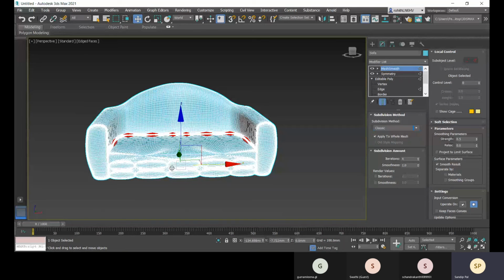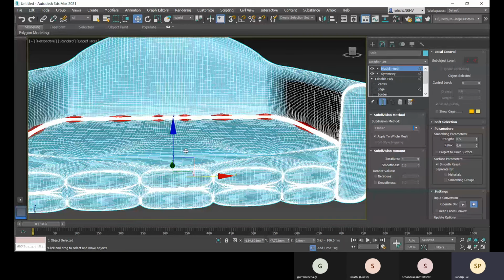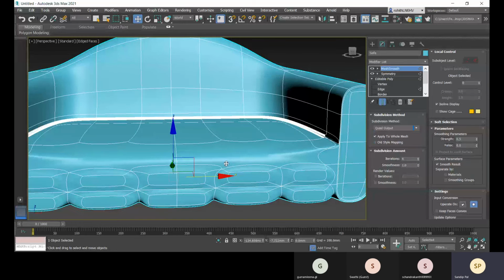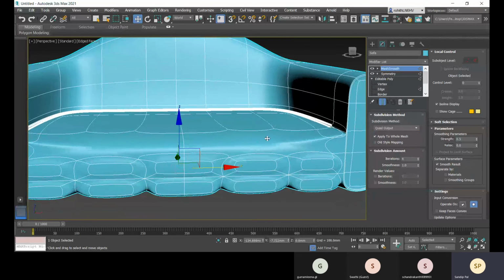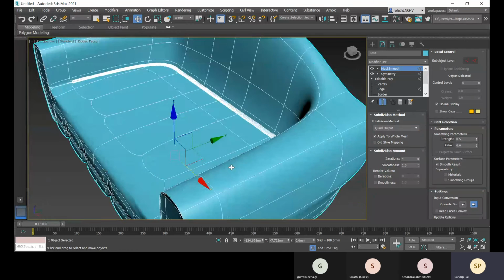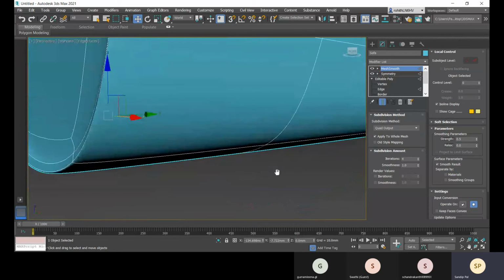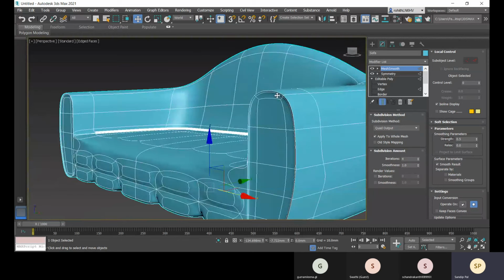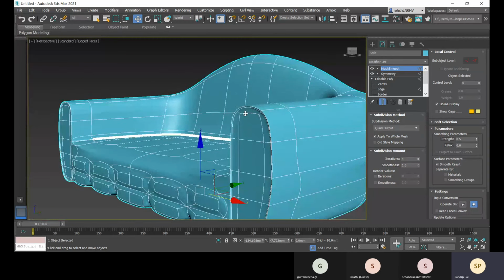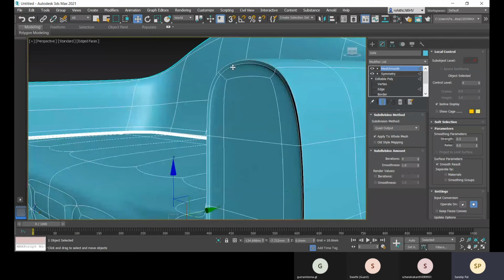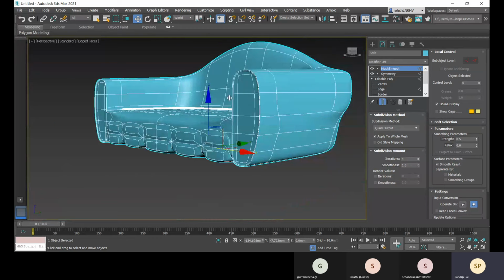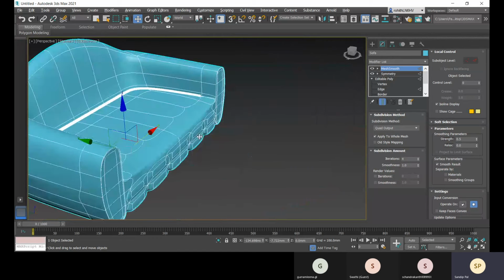Like you can choose classic, so it will create more divisions. You can choose quad output, and this kind of output will give you fewer divisions. So you can choose, and here you can see the kind of effects we are getting. Okay, and I will add details after it.